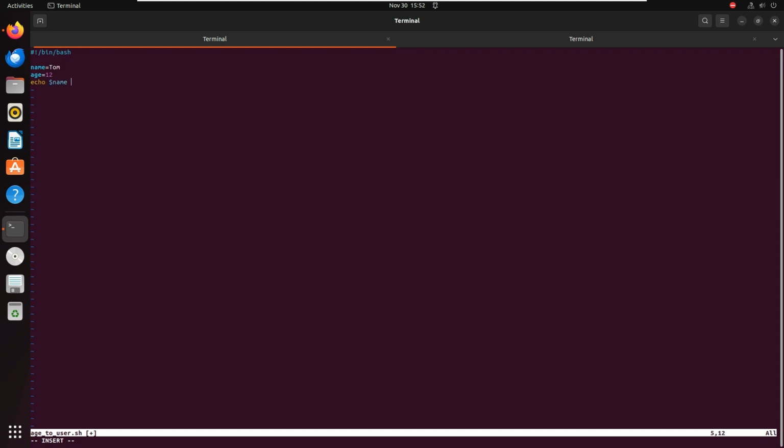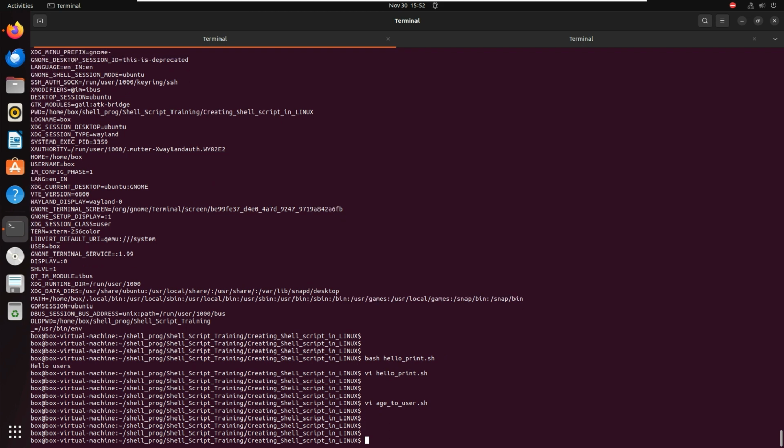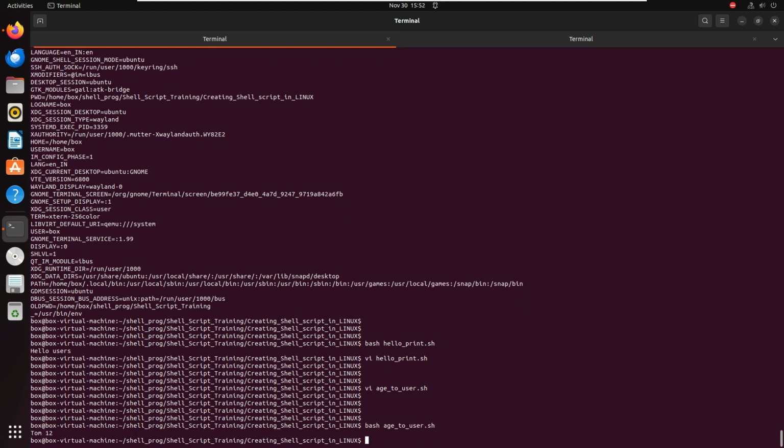So I'm printing, and to print here we need to give the echo command. This helps here. Bash shell age. See, now I'm able to